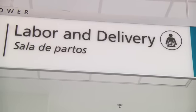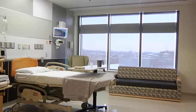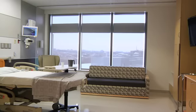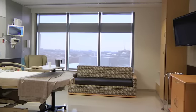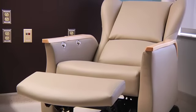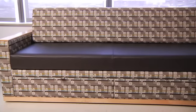The labor and delivery suite, our intended function is that it be more like a home-like setting. It was important for us that we had a space that was bright. So each of the labor and delivery suites have an external window. There is an area considered more family space, which has a comfortable lounge chair, sleeper sofa that allows the family